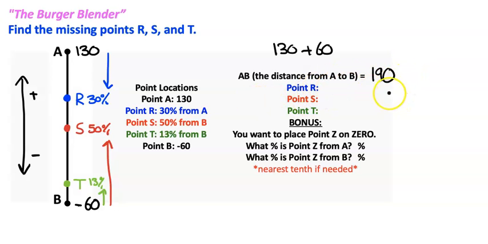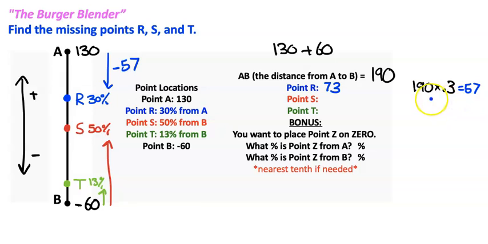So to find point R, first of all, we got to figure out what 30% of 190 is. So I'm going to take, on the side here, 190 times 0.3. I'm going to actually put it in blue even. So 190 times 0.3 is 57. So that's not the answer to point R. That's how far point R is down from A. So if you have 130 and then you go down 57, because again, you're going down, minus 57, that's going to get you on point R. And when you do 130 minus 57, you're going to land on